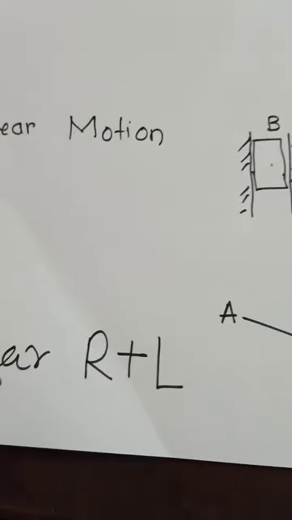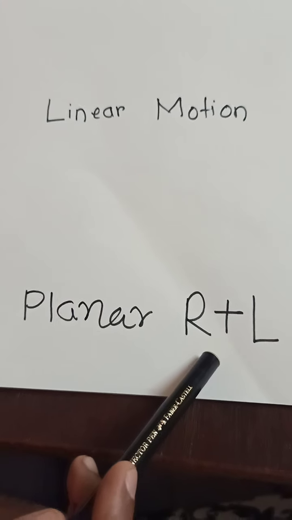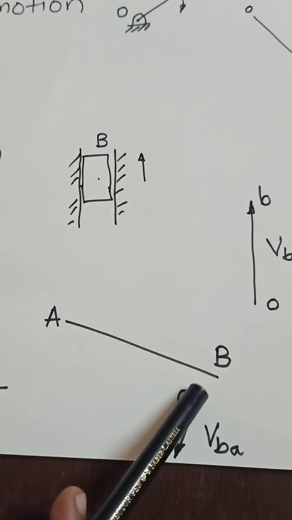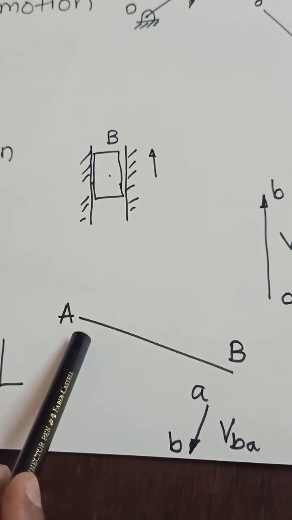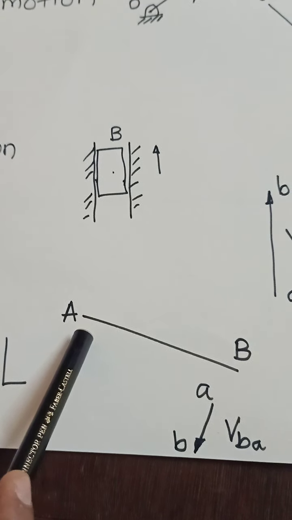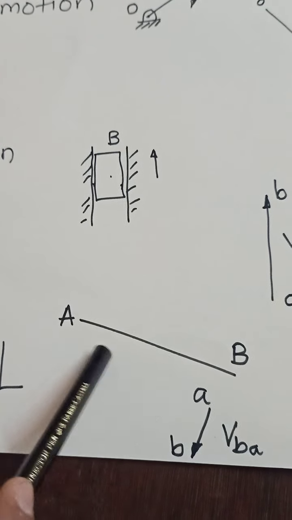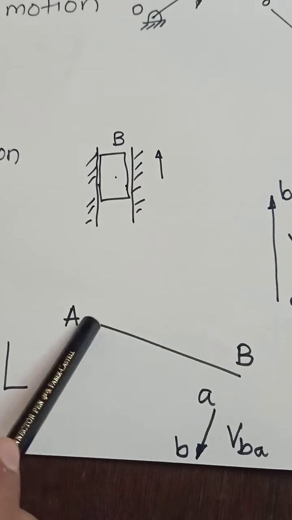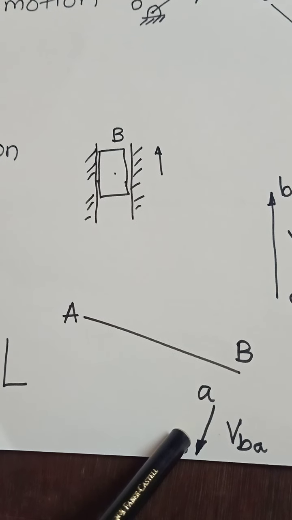And then the third type of motion is a combination of rotational and linear motion. A link like the connecting rod of a single slider crank mechanism undergoes a planar motion, which is not pure rotational or pure linear motion, but it can be seen as a combination of rotational and linear motion. In this case, the velocity vector is again perpendicular to the link, and the starting point will be a reference point.